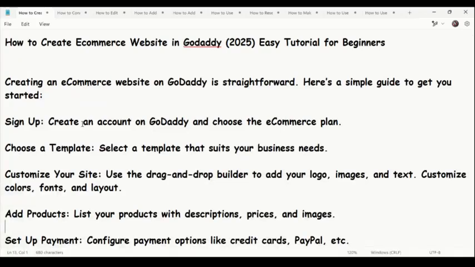In this video, I'm going to walk you through how to create an e-commerce website in GoDaddy. So I'm going to walk you through a straightforward process on how to simply create an e-commerce website in GoDaddy. So let's get started. The first thing you have to do is to create an account on GoDaddy and